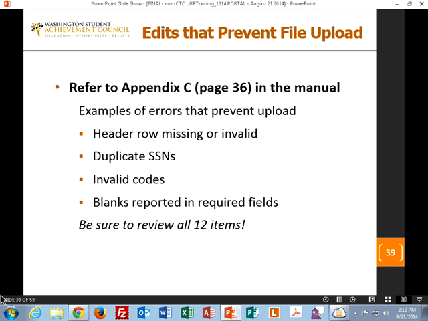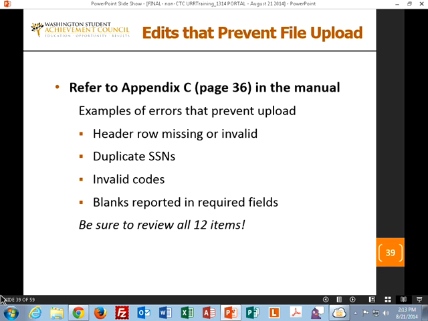Duplicate SSNs. We really need one SSN per row, per student, and only one SSN. Any kind of invalid code for enrollment, current enrollment, state, yes, absolutely.